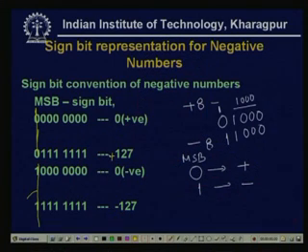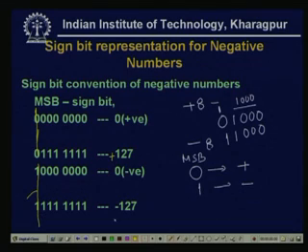But for the rest of the numbers it is fine: for 7 bits we know it can represent 127. So 0 followed by seven 1s means plus 127,